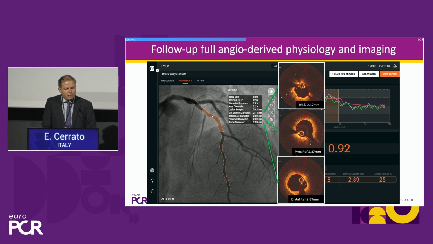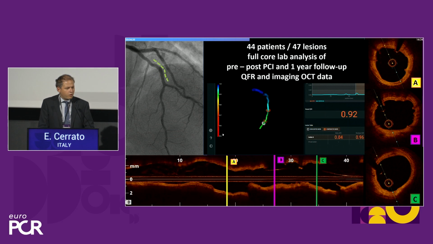So what can we learn combining together physiology and imaging? Some years ago, we performed a study trying to investigate such patterns. We included 44 patients and 47 lesions. Also, Andrea Ricketts from Ferrara helped in this big work. It was a big effort for us at that time, without the actual 3.1 QFR software to obtain the analysis,